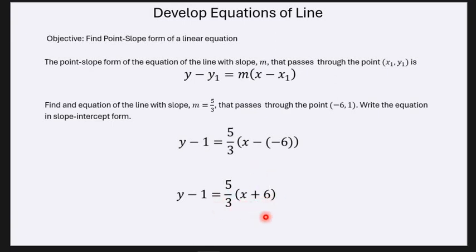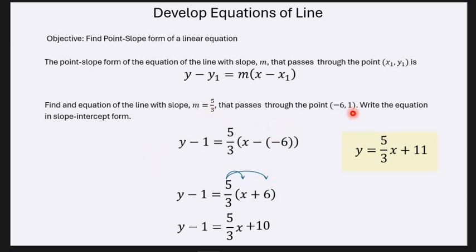To get rid of the parentheses, I can distribute. So I'm going to do 5/3 times x is 5/3 x. Then 5/3 times 6, well, that's 30/3, which is 10. Now I can bring down the left side of the equation. And the last thing I need to do is just add 1 to both sides to get the slope-intercept form of the equation. So I add 1 to both sides, and I get y is equal to 5/3 x plus 11, because 10 plus 1 is 11. This is the slope-intercept form of that equation of the line that has this slope and goes